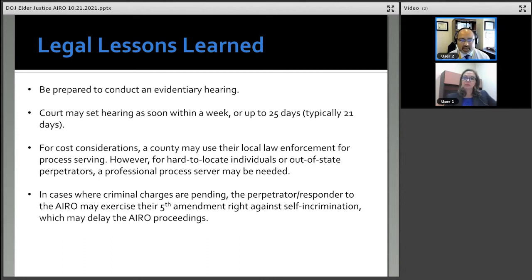Also, in cases where criminal charges are pending, as I mentioned earlier, the respondent may plead the fifth, and because of that, the court may delay the hearing on the permanent restraining order. On the ones that I've had where that has occurred, the court did continue the temporary restraining order, and in one case, it was continued so often that eventually the DA filed criminal charges and a CPO was granted. So we were able to reach a stipulation on that case to grant a permanent restraining order that mirrored the CPO.